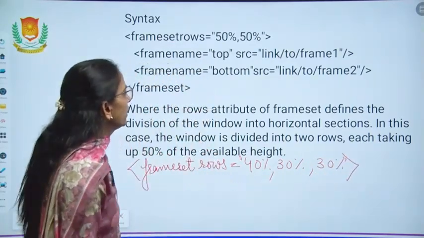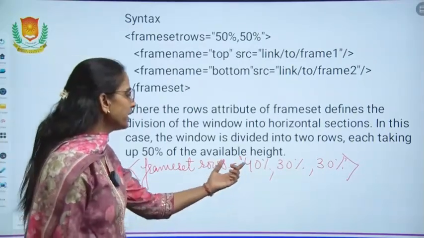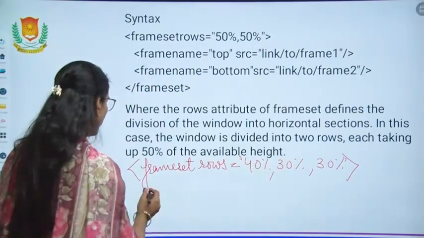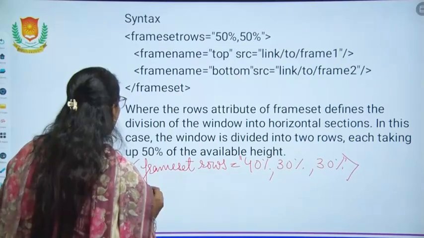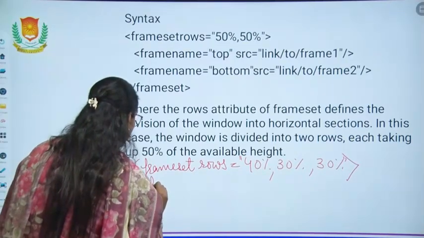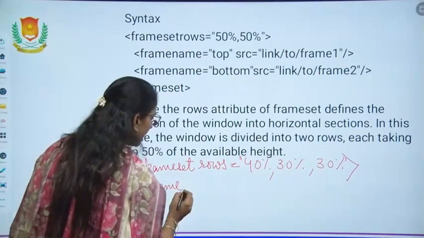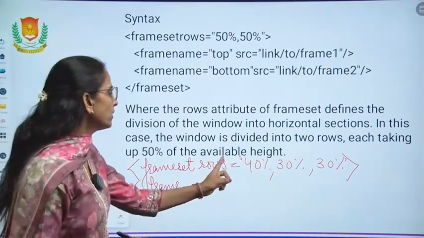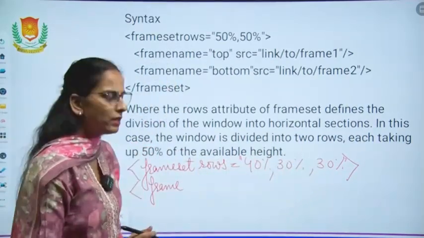In this way you can mention it, so in this, 3 columns will be displayed. After this we have to define their names for these specific 3. What are the names?